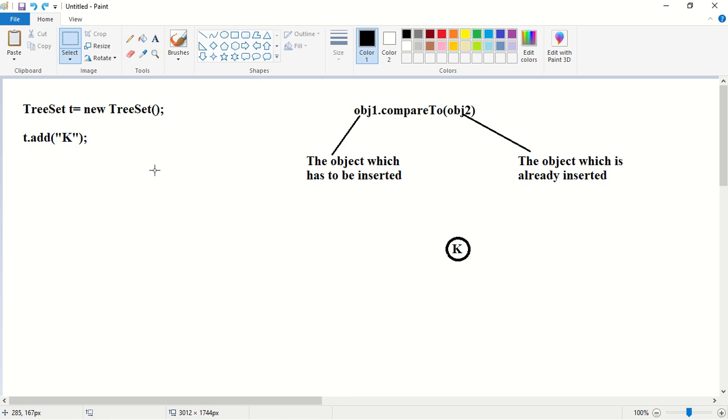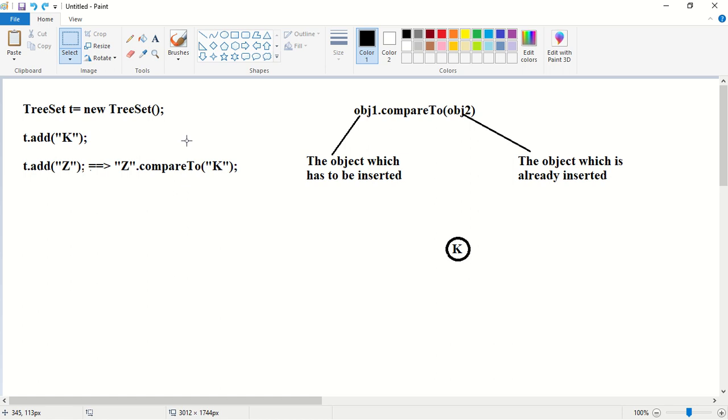Next, I will try to add z. t.add(z). What happens if we try to add a second element? There should be a comparison. So who is going to call the compareTo method? JVM will call the compareTo method. How will it call? z.compareTo(k). This is the element which has to be inserted, and this is the element which has already been inserted. Now what is it going to return?